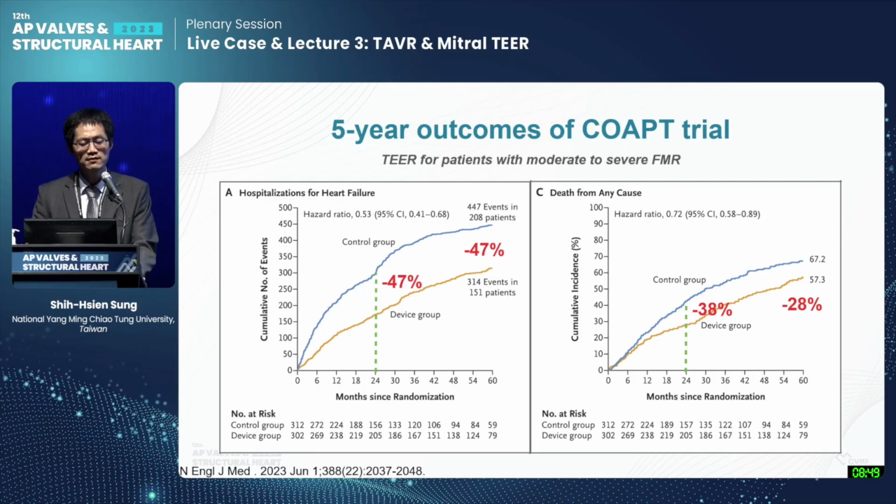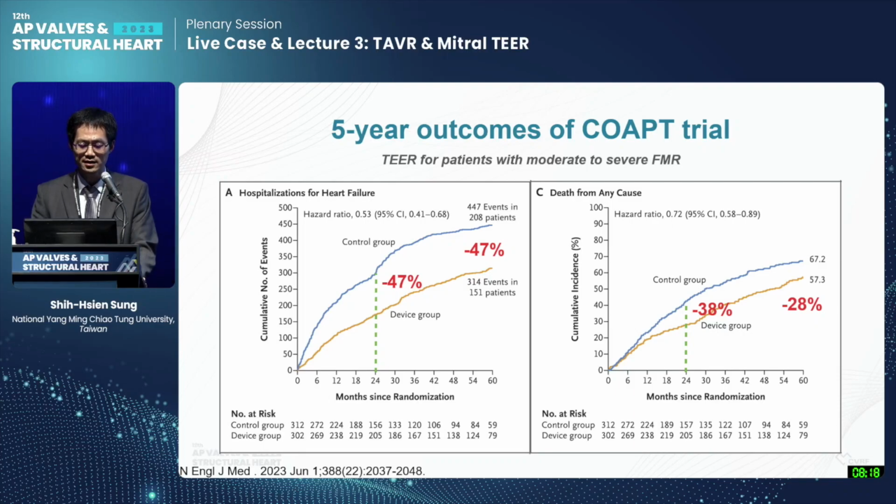The primary endpoint of 2-year heart failure hospitalization was reduced by 47% with the TEER procedure, and there was a 47% reduction in the 5-year follow-up of heart failure hospitalization. So the treatment effect persisted. And TEER can also improve long-term survival. On the right-hand side, there was a 38% reduction in total mortality at 2 years, and also a 28%